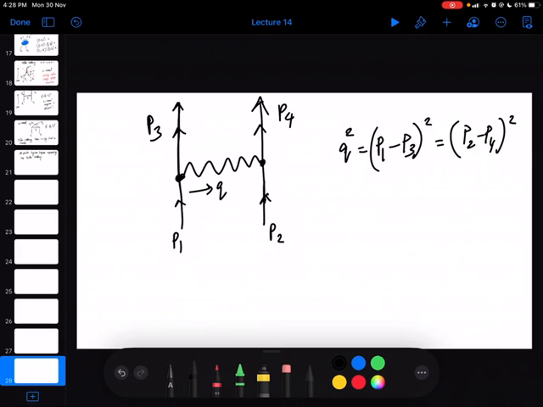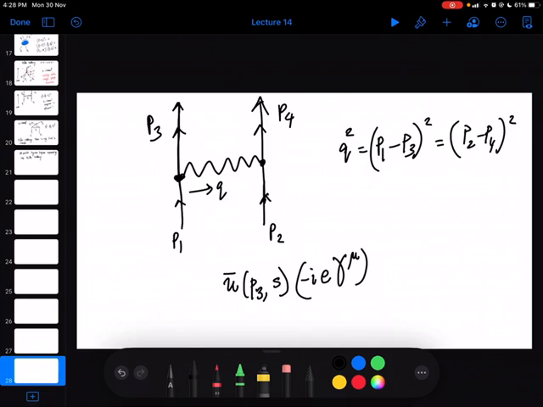So now let's write down what would be the amplitude. Typically the way we write it down is that we start with the external, meaning outgoing, particles. So the outgoing particle in this case has momentum p3. So you have u bar p3 s,